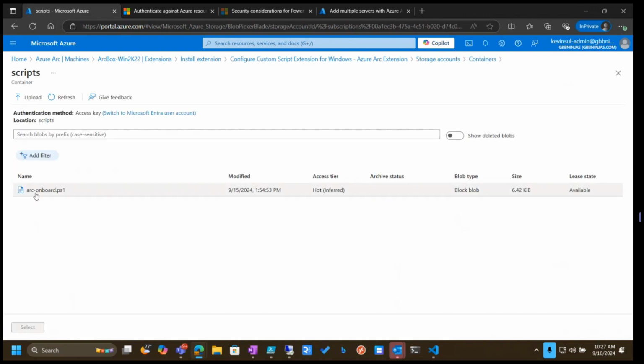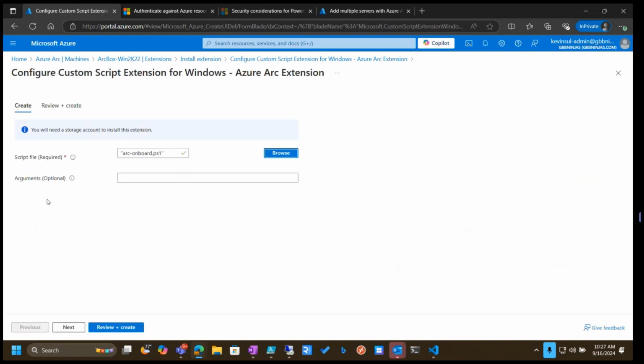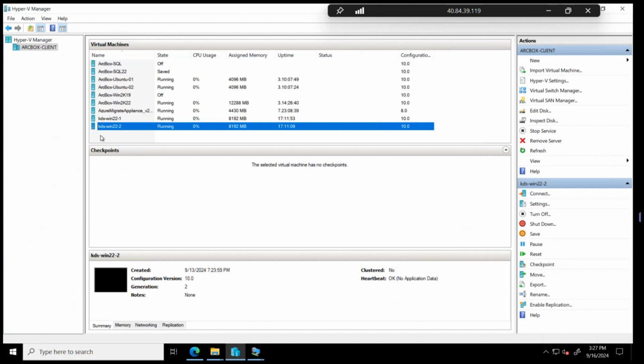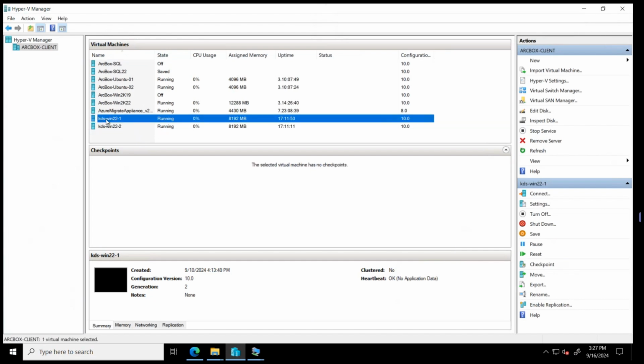I created a scripts container and I plopped that script right in there, this PS1 script, which is the same one I showed you earlier. And again, I need an argument, right? And in this case, it takes an argument of 1. So just so I don't mess up, this is the name of my server. I'm going to pick this one, KDS